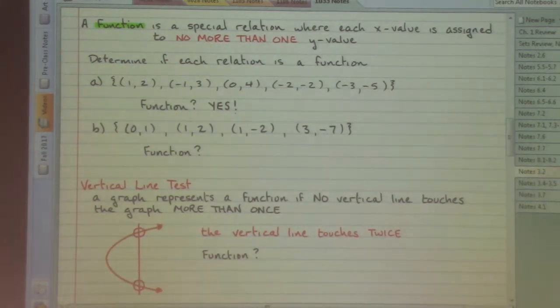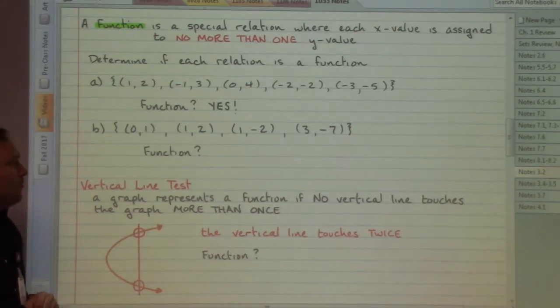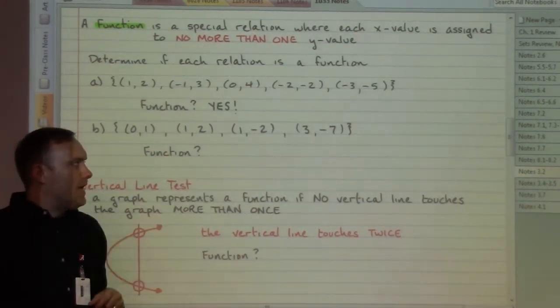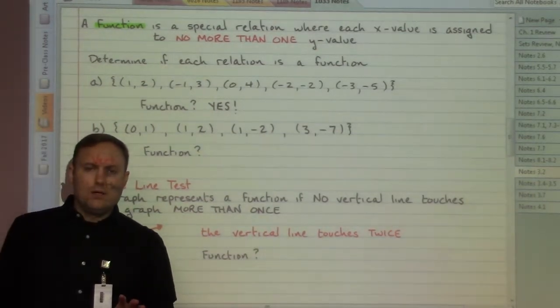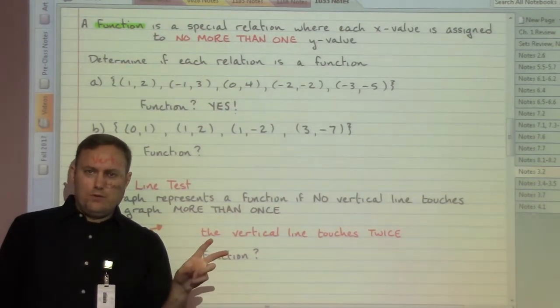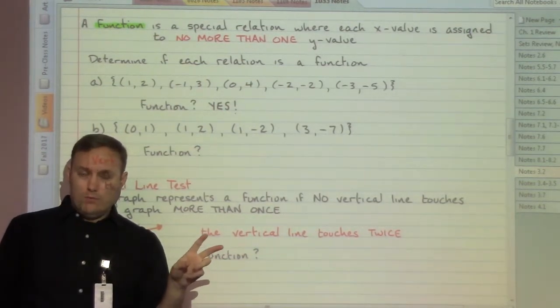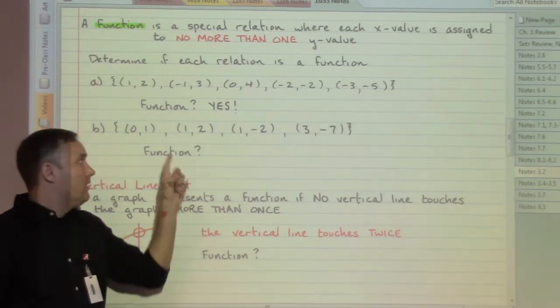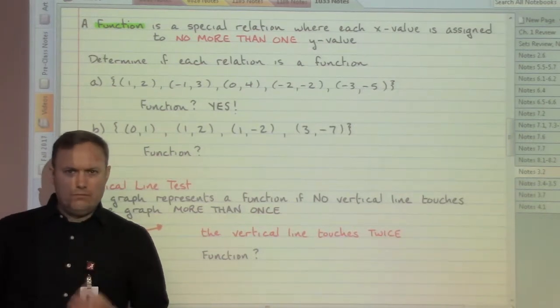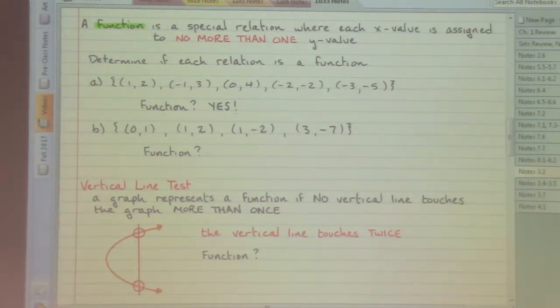How about part B? The 0 is in a relationship with 1. A 1 is in a relationship with 2. 1 is in a relationship with negative 2. Whoa, wait a minute. The 1 has himself 2 little somethings on the side. The 1 is hooking up with a 2 and a negative 2. That ain't allowed. That ain't allowed for a function. So this is a no, not a function,